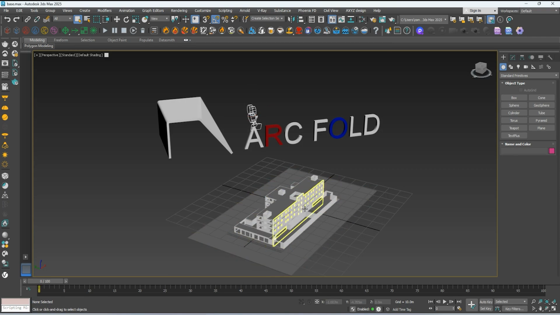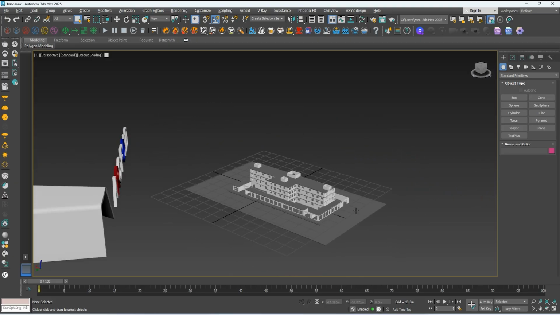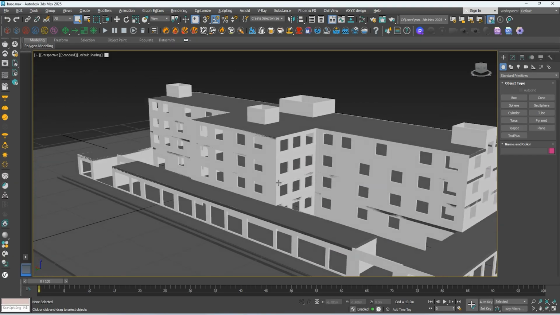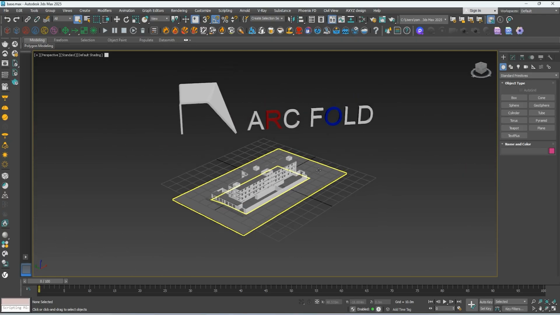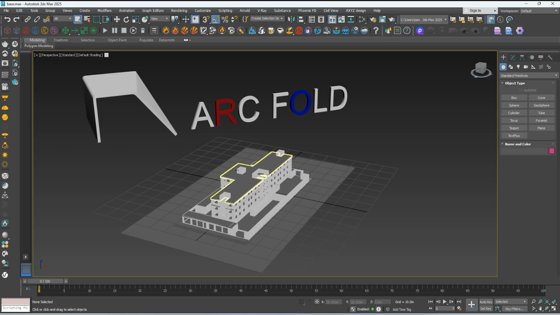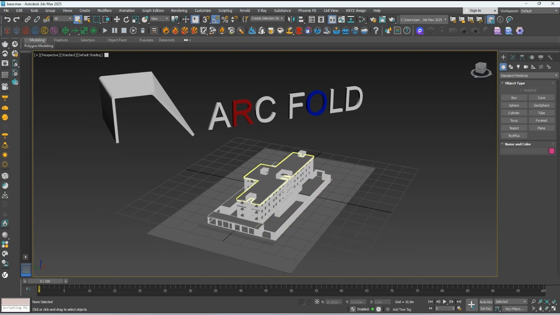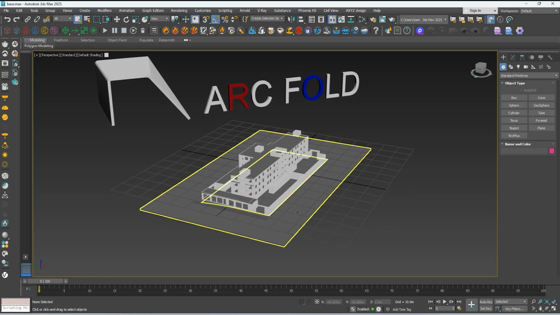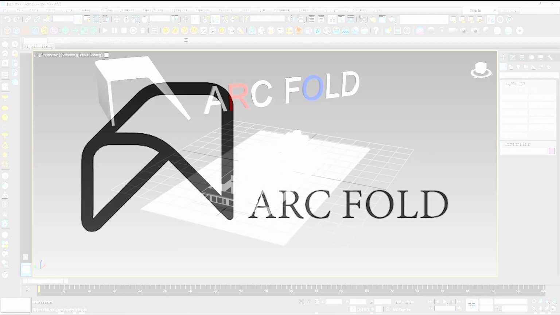3ds Max is a more flexible software, and modeling parametric designs and smooth forms is easier in Max compared to Revit. Many architects model walls, floors, and ceilings in Revit, and then transfer the file to Max for interior design and facade design because it's easier for them. Of course, Revit is also a very powerful software for 3D design, and you can do everything with high precision. It's just a bit more complex. I'll explain everything fully in the upcoming Revit